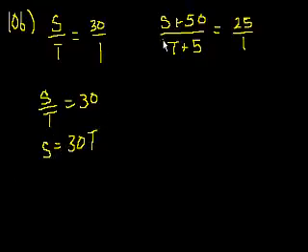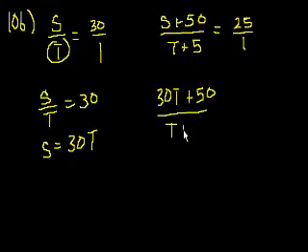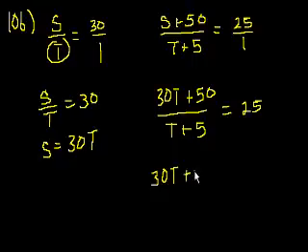And let's substitute that into this equation, because we're going to have to solve for the present number of teachers, which is just T. So let's substitute this here. So we get 30T plus 50 over T plus 5 is equal to 25 over 1. That's just 25. Let's multiply both sides of this equation by T plus 5, and you get 30T plus 50 is equal to